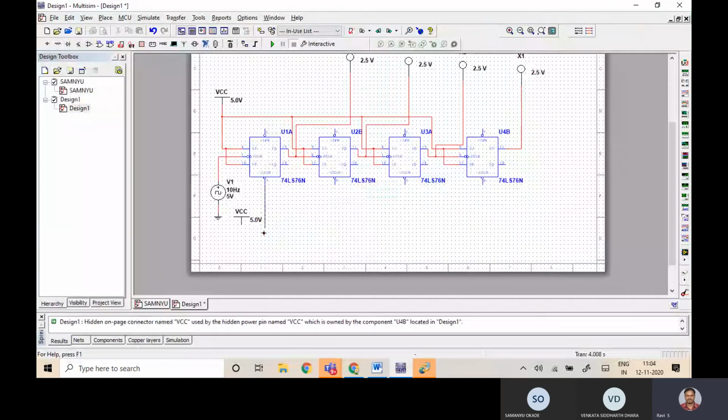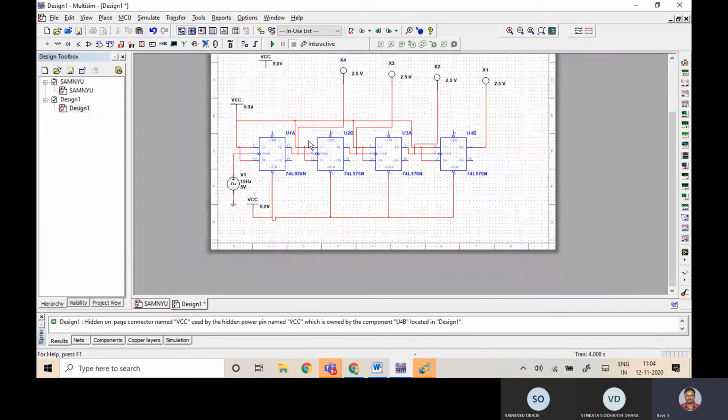I'm connecting all the clear inputs to constant 1, so that it won't clear your outputs. So it will be ready for normal counting. Similarly, if you make all presets constant 1, it won't preset your output to 1. So for normal operation, you have to provide 1.